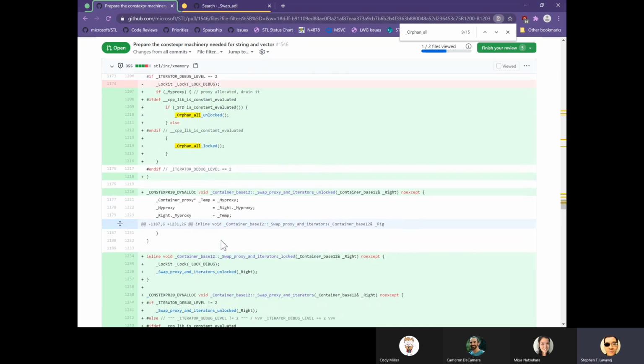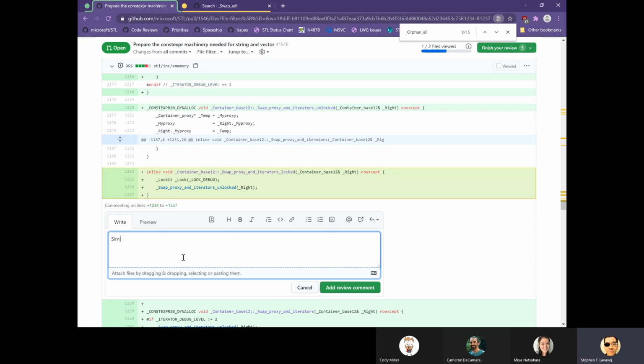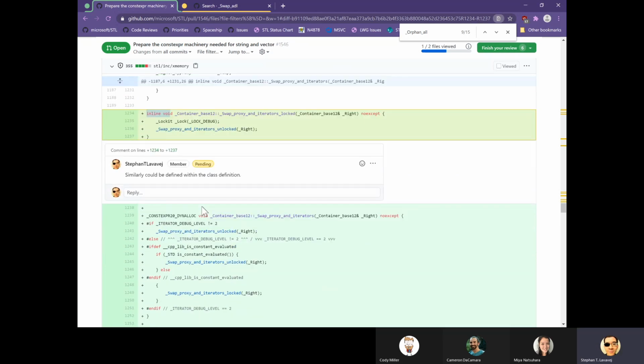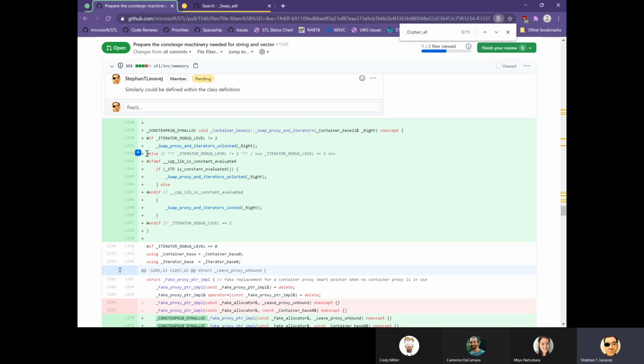This is the one that I think could also be inline. Could be defined within the class definition. Yeah, the presence of sort of inline here is the signal. Const Expert 20 dynamic. Okay, so if IDL not 2, just call unlocked. No reason to take a lock because we're not updating a chain. Otherwise,